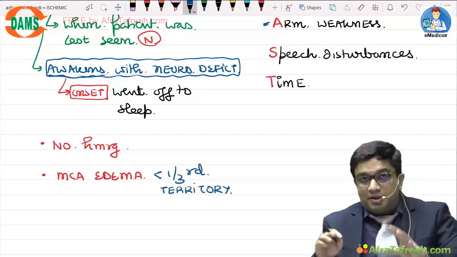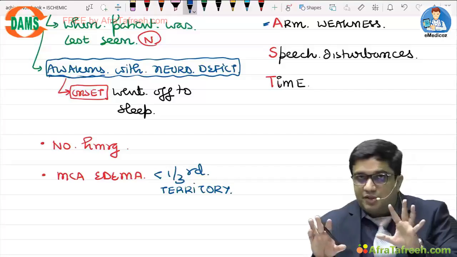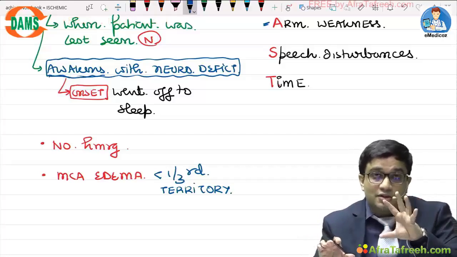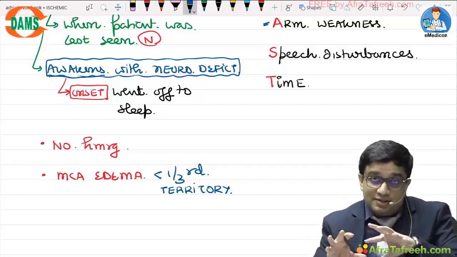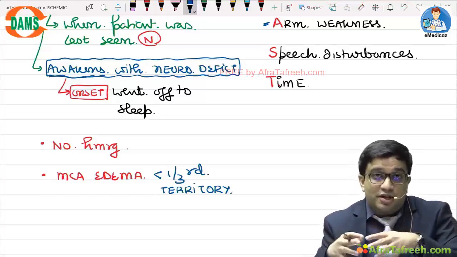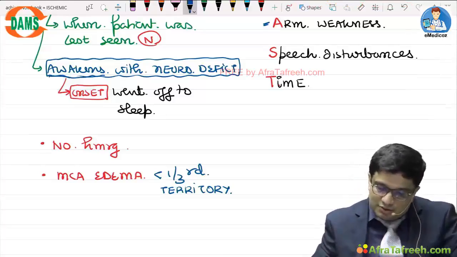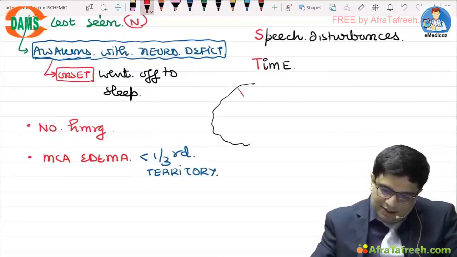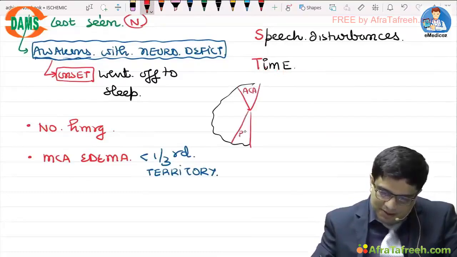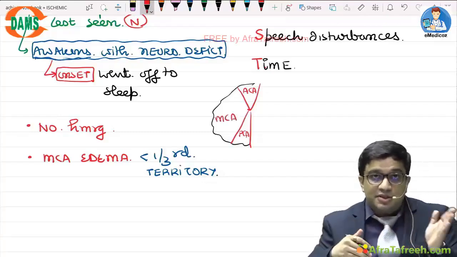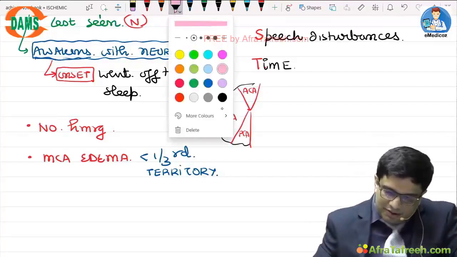Okay. Now I repeat, most common infarcts are MCA infarcts. Now MCA edema is less than 1/3 the territory. What do you mean by this? The MCA edema is less, not very high. So if there was a larger MCA infarct, there would be a larger edema. So if I make a section of the brain on one side, I find the ACA supplies this part, the PCA supplies this part, and the rest is the MCA. It's like a cake we cut into 3 parts, no? ACA, PCA, MCA. Now I found in my patient there was an MCA infarction,